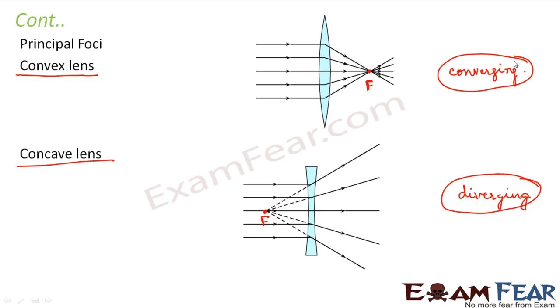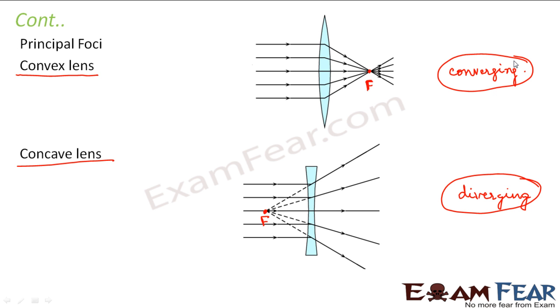I'll give you a personal suggestion here: when you go through this lesson, first understand the mirror part very clearly. Once you understand the mirror part very clearly, only then start studying lenses. Otherwise, you might get confused, because if you study the entire lesson at one go, sometimes people get confused about which mirror is converging and which lens is diverging. So they get very much confused. So it is better that you first become thorough with your spherical mirrors, and only then start studying lenses. That will make things better, right?